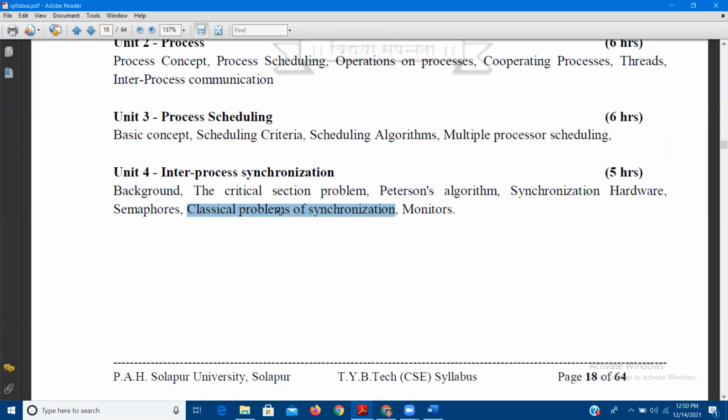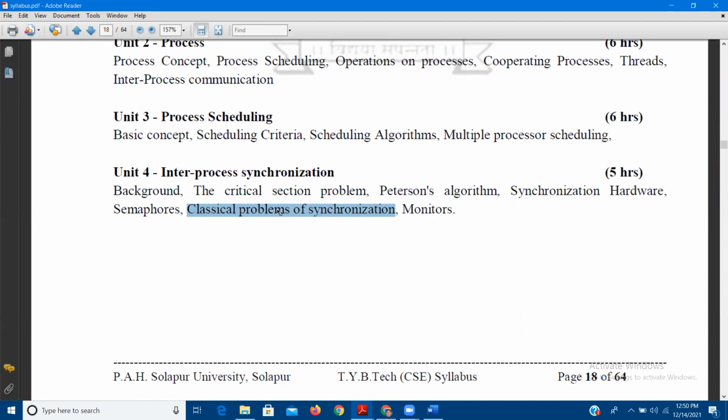So the proper communication is not going on. The expected thing is that P1 should produce and C1 should consume, P2 should produce and C2 should consume, but it may happen that C2 consumes the item of P1 and C1 consumes the item of P2. It should not happen. For that purpose, we need to take the help of inter-process synchronization.